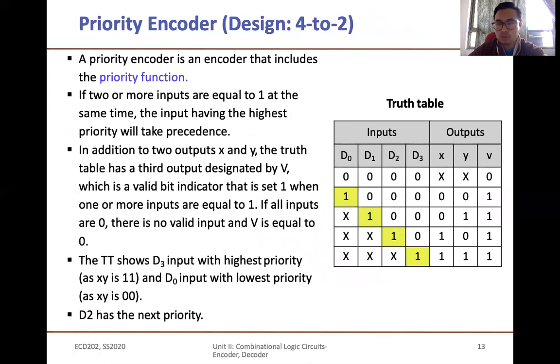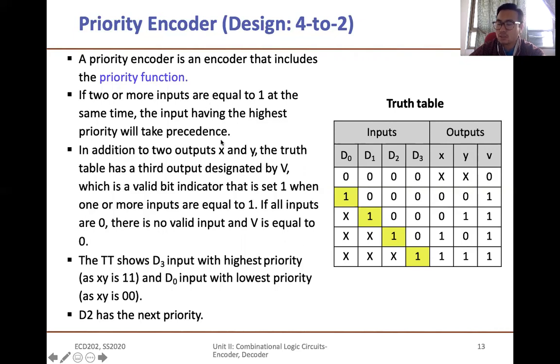Now a priority encoder is a circuit where you can have more than 1 input at the same time. For example, a 4 to 2 priority encoder. You will have 4 inputs, D0, D1, D2, D3, and 2 outputs, X and Y. The priority encoder is the encoder that includes the priority function. So if two or more inputs are equal to 1 at the same time, the input having the highest priority will